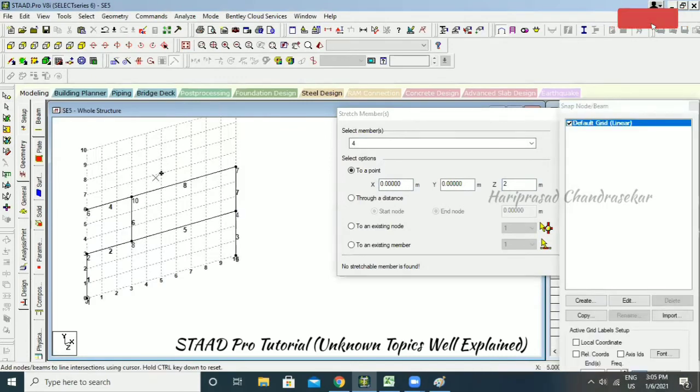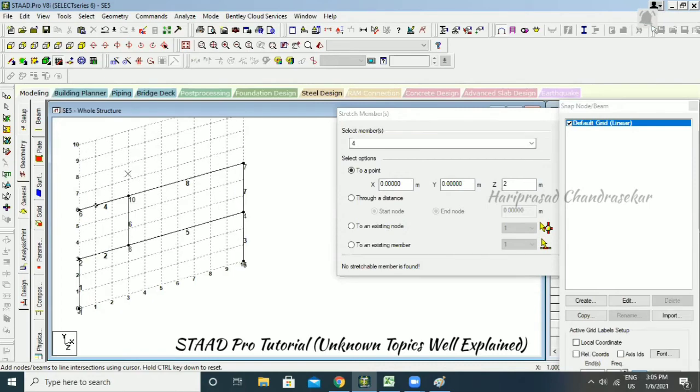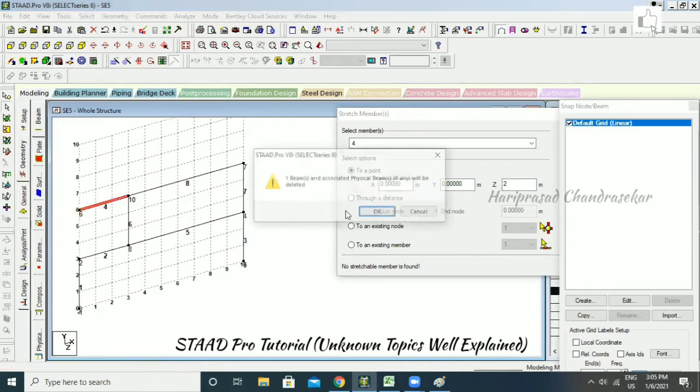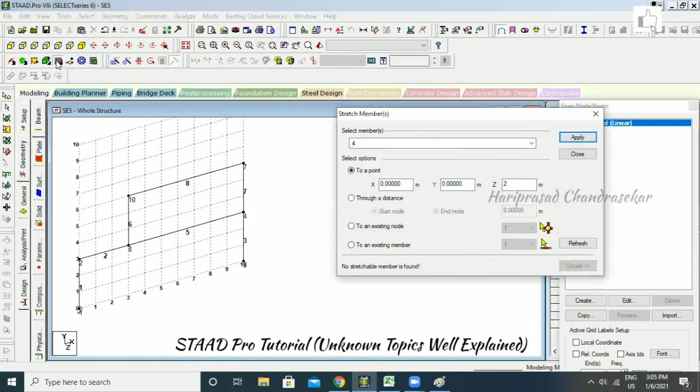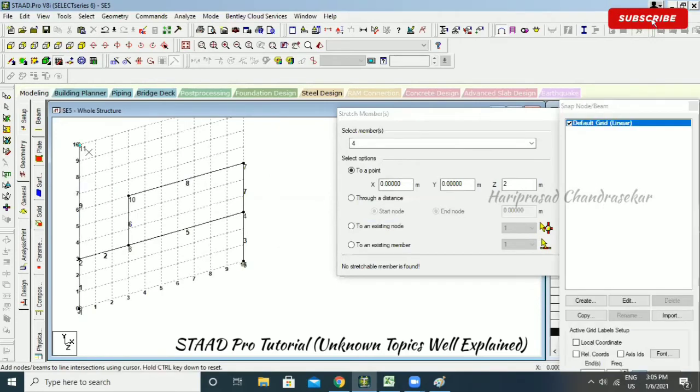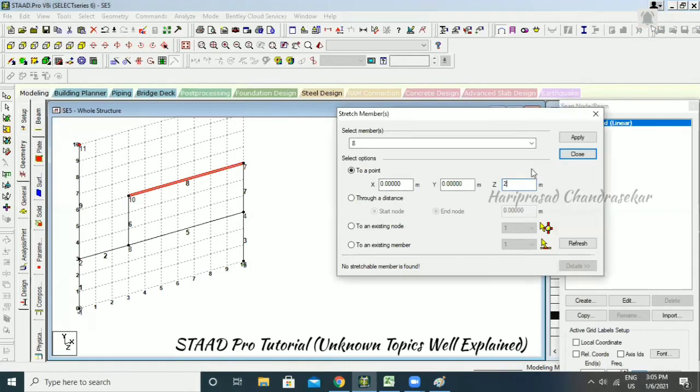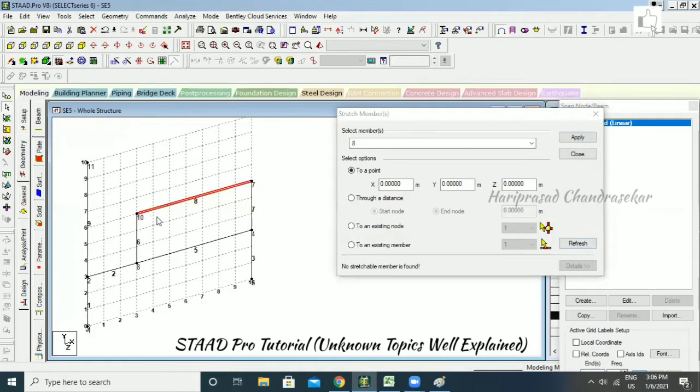Otherwise, we can go for another member over here, and we will see. I'm just going to delete it. We will have another member. Now I'm inputting the values. But it won't consider any start or endpoint, so how would this work? We will try to stretch it. I'm going to put minus x, minus 3, and I'm going to put 0 and then apply, refresh.